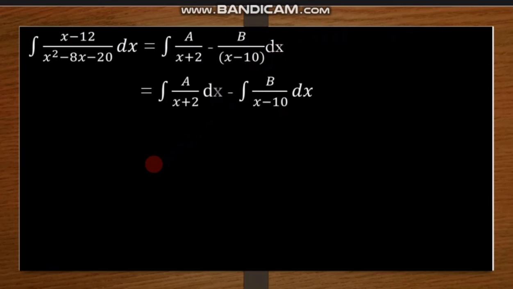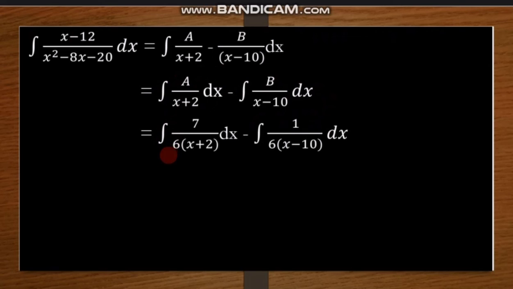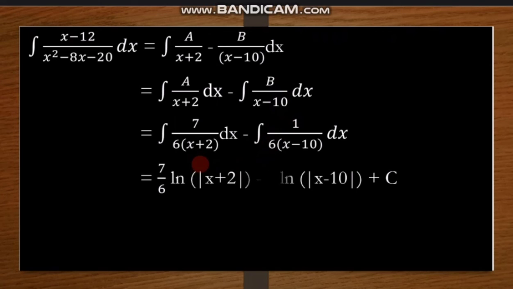Then integrate both fractions and we come up with these integrals. So substitute the values of A and B, where the value of A is 7 over 6 and the value of B is 1 over 6. Then using the constant multiple rule,